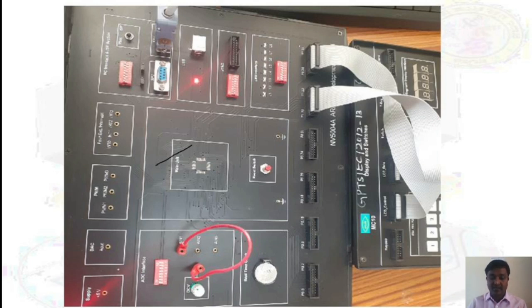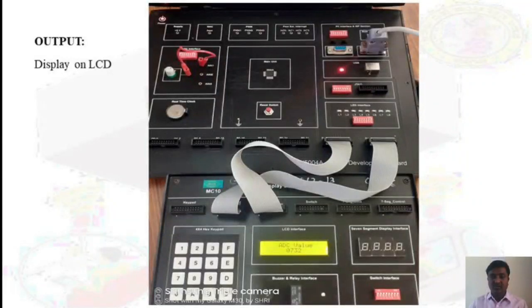Now see the output display on the LCD, that is the ADC value. This ADC output value will be displayed, and then we rotate the potentiometer knob provided in the ADC interface block.